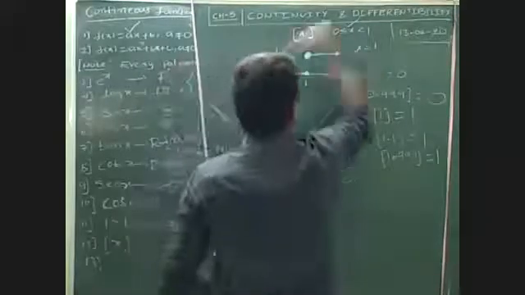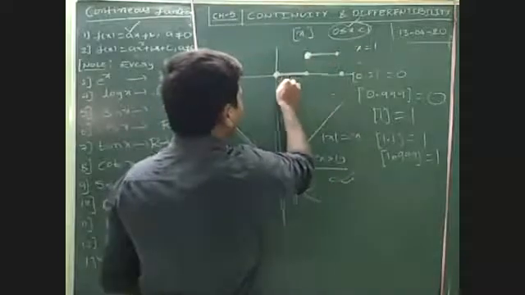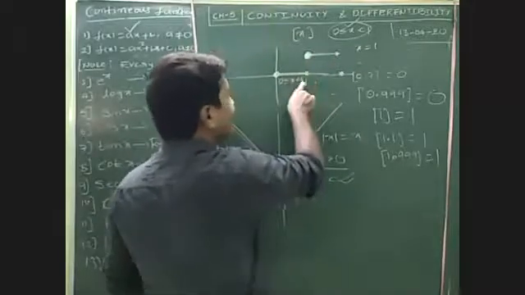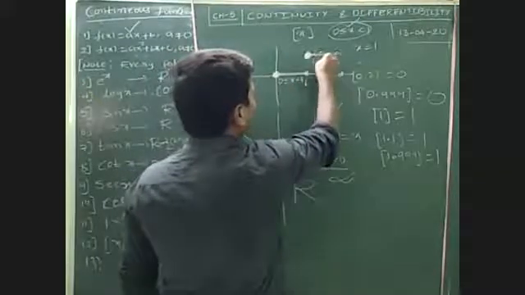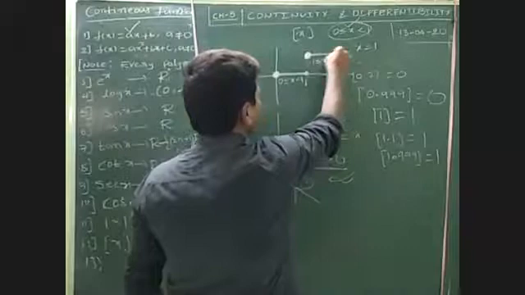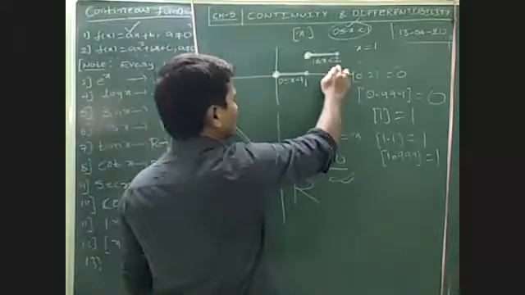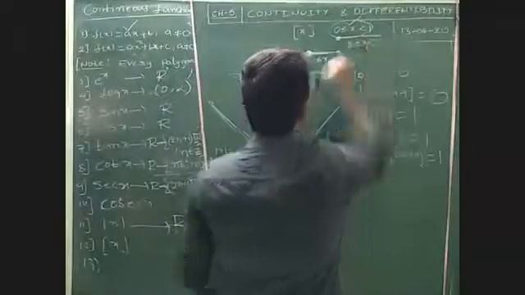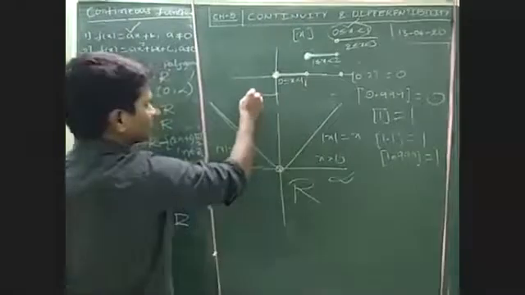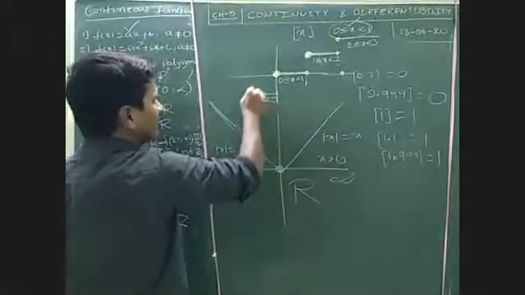In this interval, it is continuous. Again, if we check, this interval is 0 less than or equal to x less than 1. The value becomes 0. Here 1 less than or equal to x less than 2. This is the graph of the step function between 1 and 2. Again, here 2 less than or equal to x less than 3, like that. Even for negative values also. Here minus 1 less than or equal to x less than 0, so the value becomes minus 1.